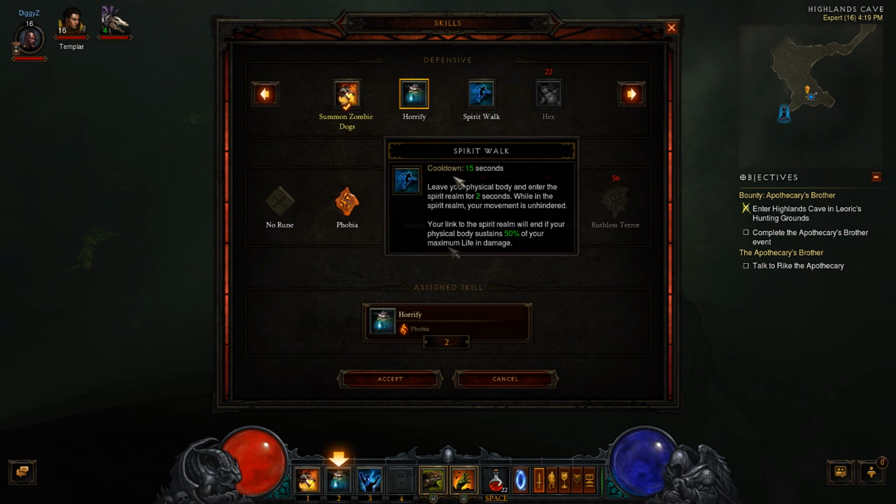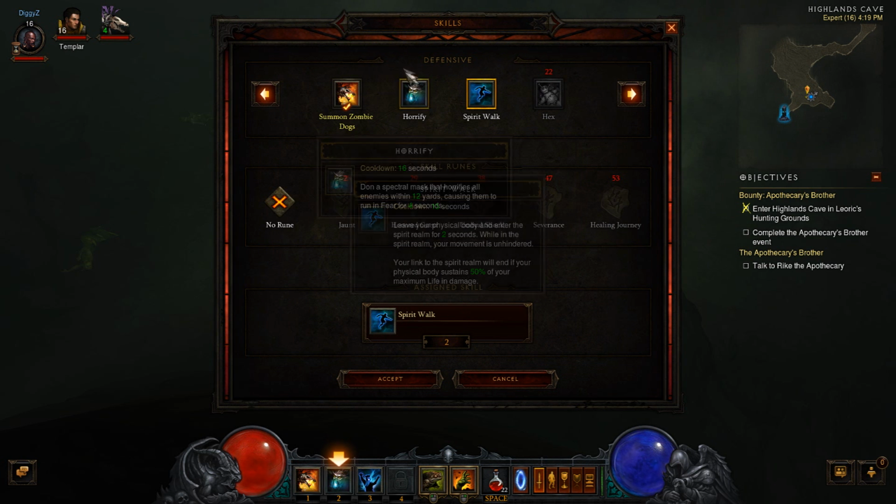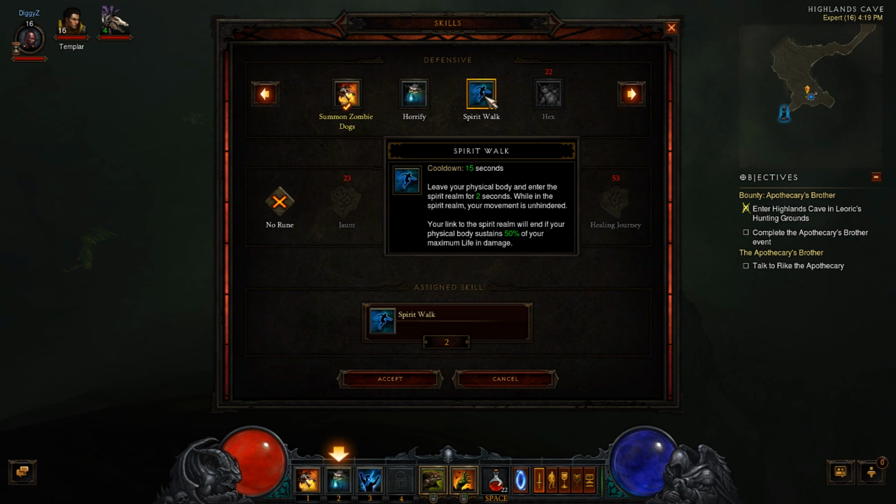We've got Spirit Walk. I'm thinking Spirit Walk's the way to go over Horrify. Horrify is really nice, but Spirit Walk is by far the best escape skill in the game. Leave your physical body and enter the spirit realm for 2 seconds. It's a 2-second escape. You can move through mobs, you can path through mobs, and you can not be hurt. And your link to the spirit realm will end if your physical body sustains 50% of your maximum life in